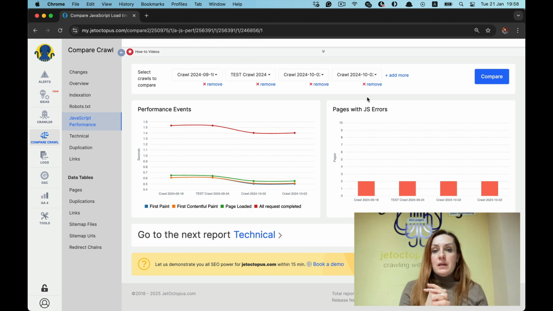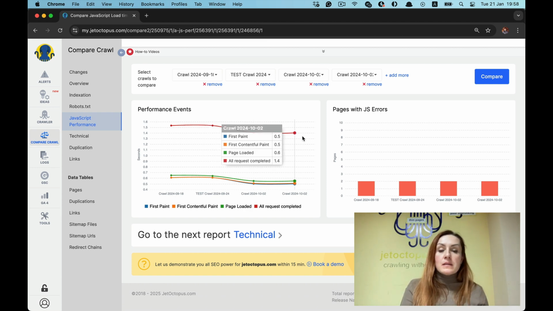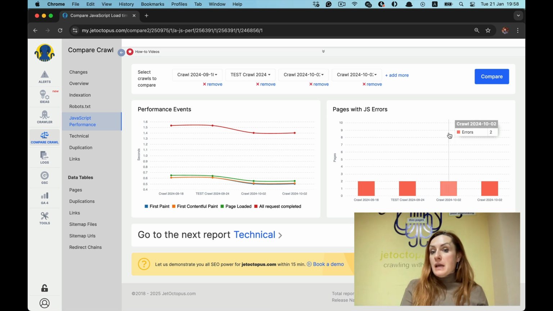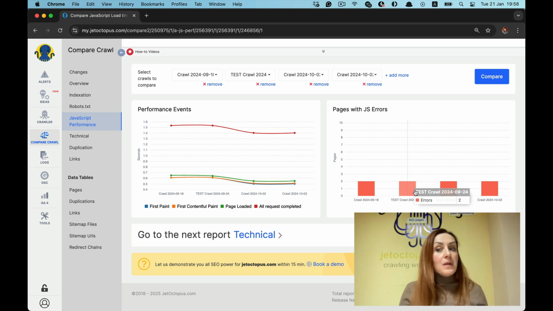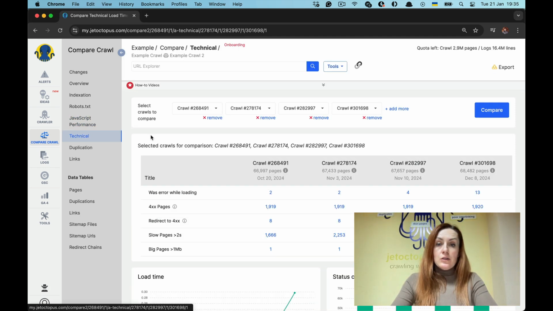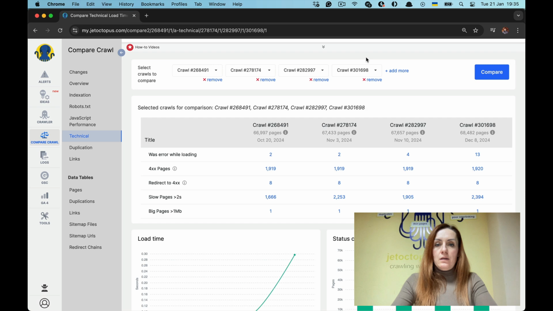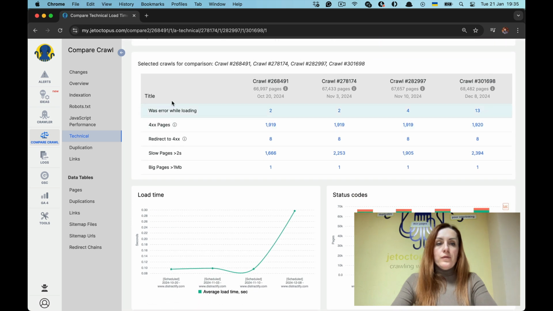JavaScript performance to compare within different crawls. So like the performance events dynamics, pages with JavaScript errors, again in dynamics, if something has changed here, or maybe nothing was optimized here and it is a good visualization that we'd better start if there are a lot of JavaScript errors. In technical section, again, you see the dynamics of, first of all, the problems list within technical,